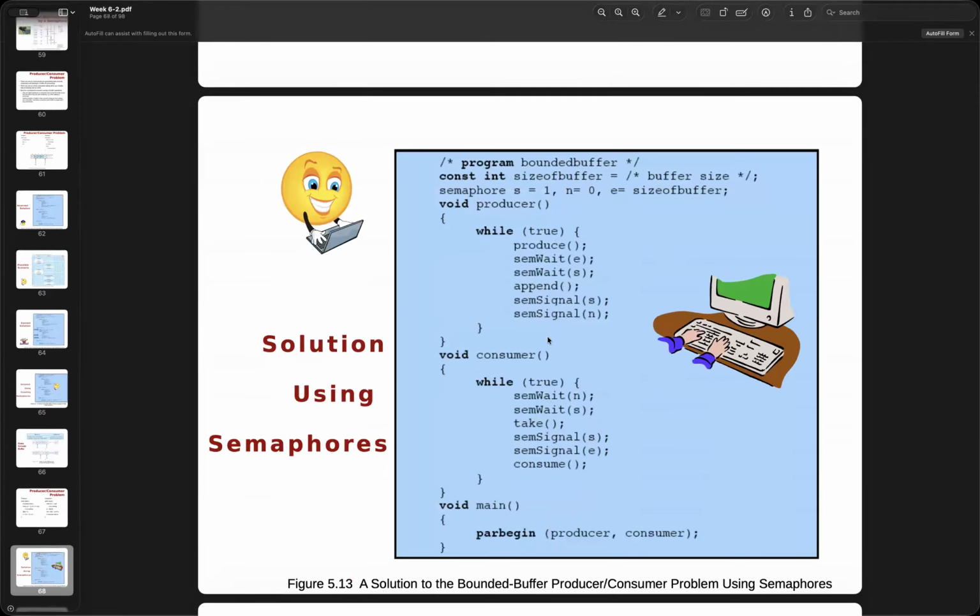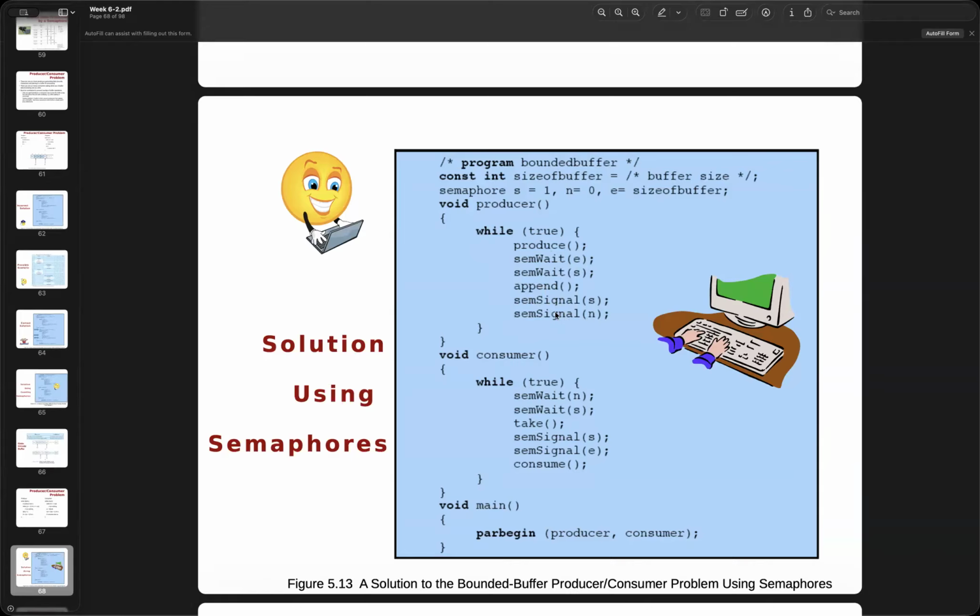And so far, right here will be the semaphores, showing you we have s equals 1 as the initial state, okay, n equals 0, and then we have the size of the buffer, e, okay. And of course both of them, producer and consumer, will start with the while loop. Let's say we execute the producer first: we have wait for e, the empty count, and then wait for s, okay. Then we start doing append, and then we release s and then release n. Okay, so it's the same as signal n.